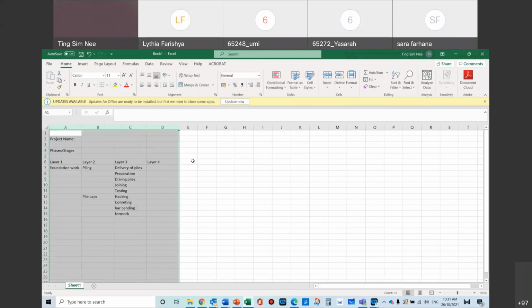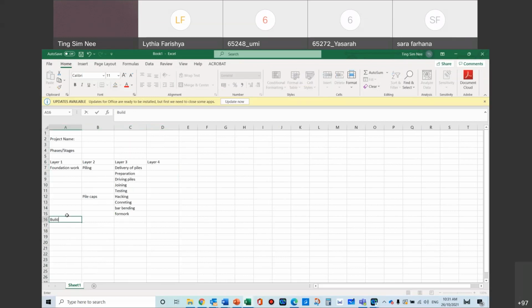Okay. So you have your one layer by one layer. This one here is like layer 2, associated with foundation and all that. Then you have your building work, and let's say if this is going to go too much, okay, let me show you. So you have your ground beam and your slab,